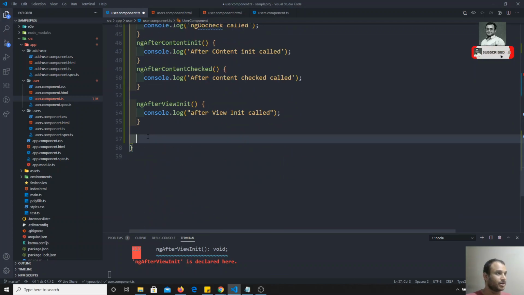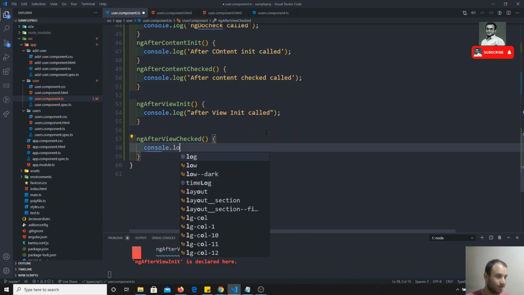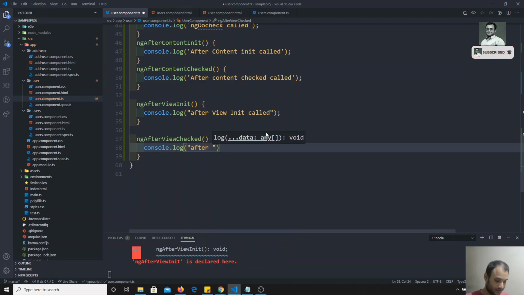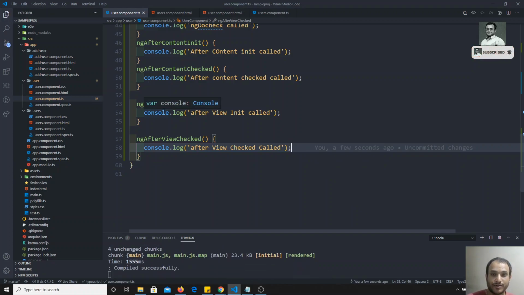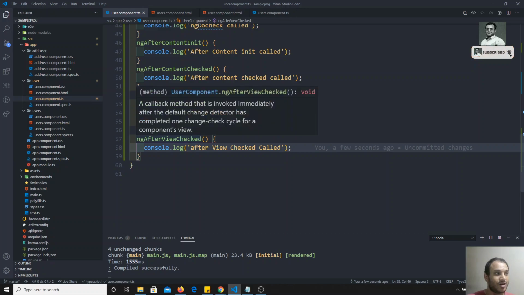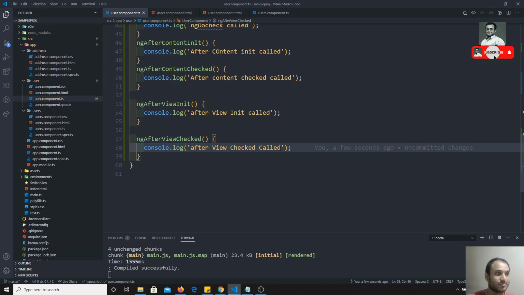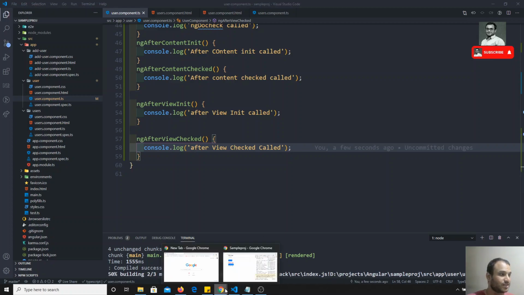If you implement ngAfterViewChecked here and write console.log after view checked called, then ngAfterViewInit will be called when the user component's template file, user component.html, has been rendered successfully. And ngAfterViewChecked will be called automatically whenever any change occurs in the view.